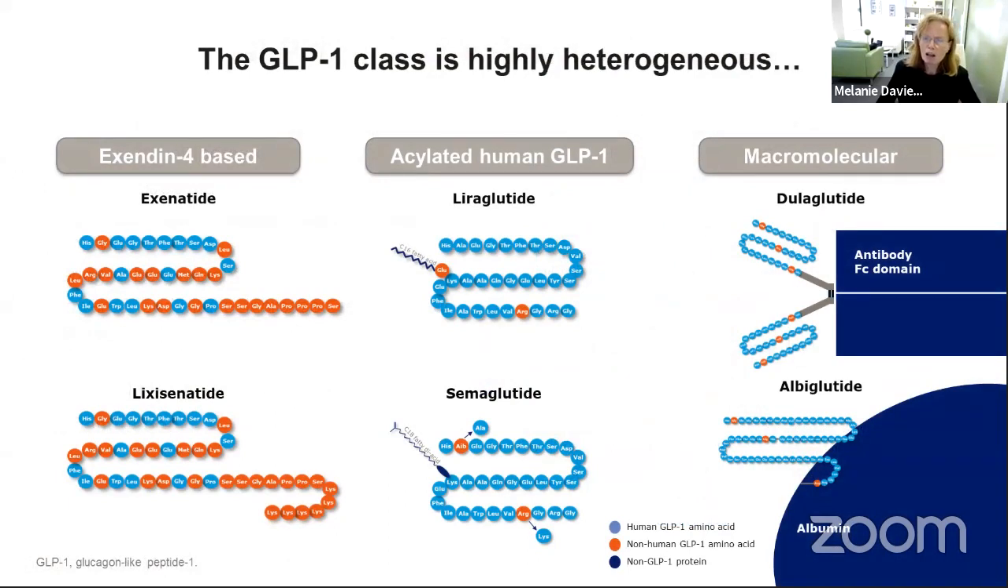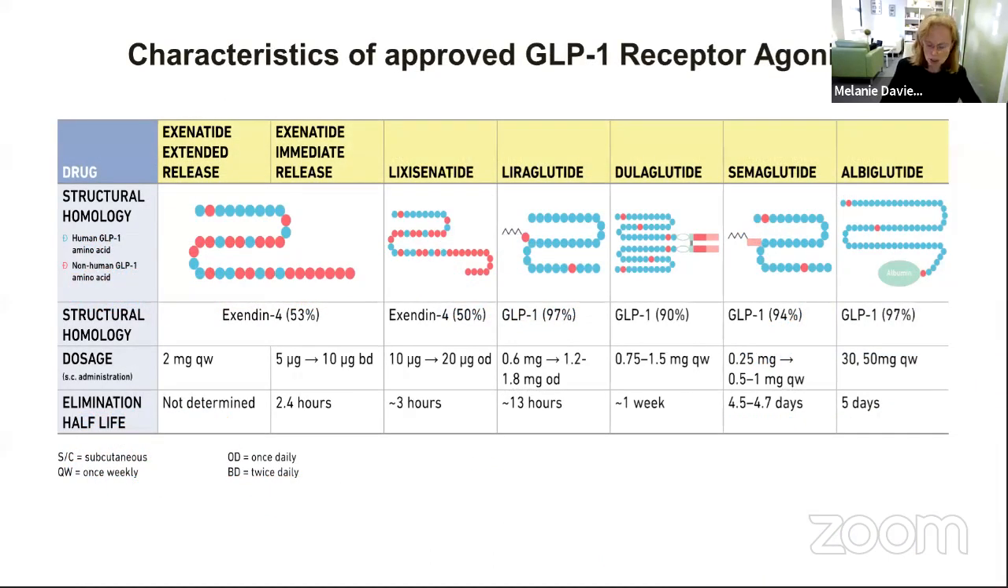Now, the GLP-1 class is highly heterogeneous. So we have the exendin-based molecules such as exenatide and lixisenatide. We have the acylated human GLP-1s, liraglutide and semaglutide. And then we have what we call the macromolecular molecules such as dulaglutide and albiglutide, which now are available and can be given weekly, although we don't use albiglutide now because it's not really been commercially